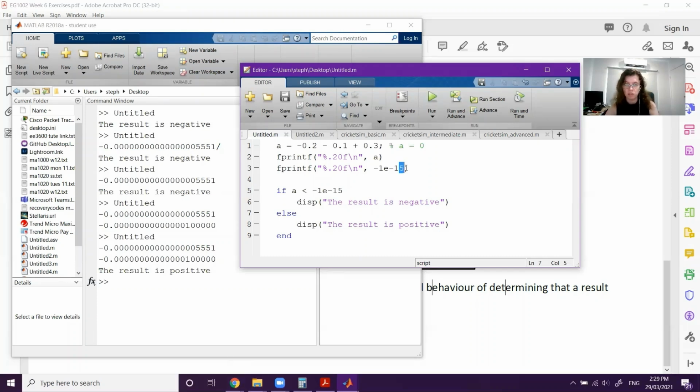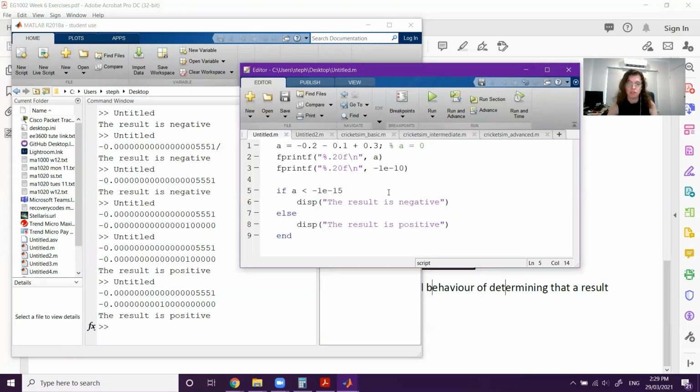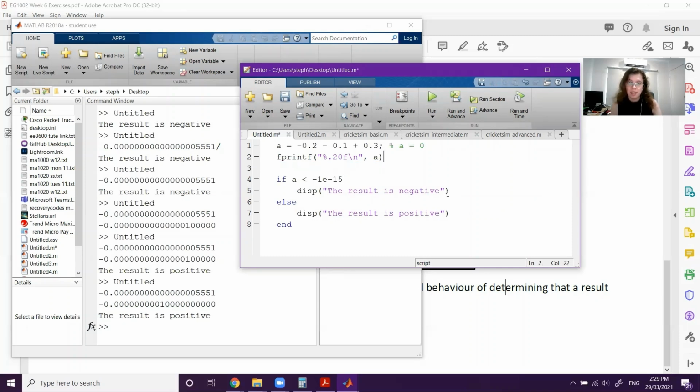Now you might need to use a slightly bigger negative number for different rounding point errors. The error might occur kind of further up. But for this case, that resolution seems to be about right. So you might need to play around with those numbers and check. But that's kind of how you can work around the floating point error issue. So you can use a threshold rather than an exact equality to account for those borderline cases a little bit better. So again, not a perfect solution, but it's pretty much the best that you can do